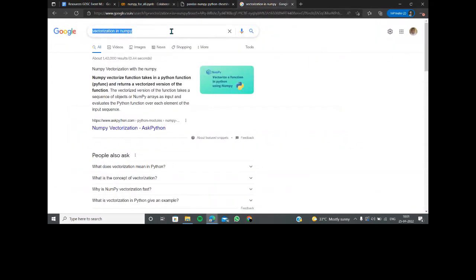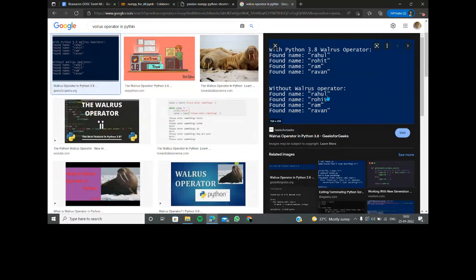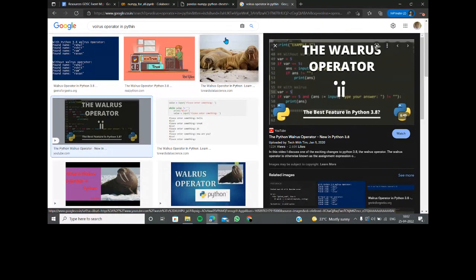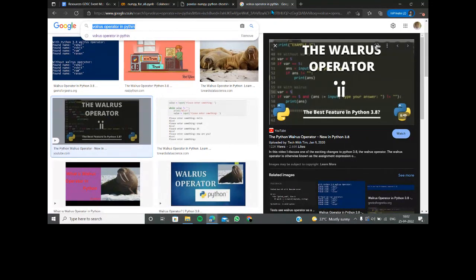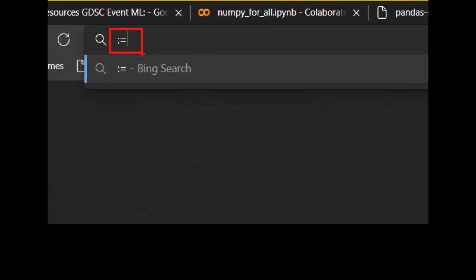So of course I can show you something called the Walrus operator. If you see the Walrus operator, it's just in Python. Sorry for that. It's an equivalent that you want to find, without Walrus and with Walrus, and it's still going to be the equivalent of equal to, but a way more additional amount of work has to be done. So it's a simple amount of work. If you want to know what it looks like, it's just a colon and an equal to, and that's how it looks. This is how you can even code as well.